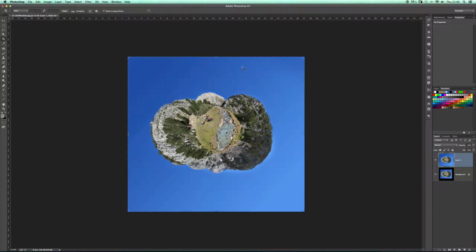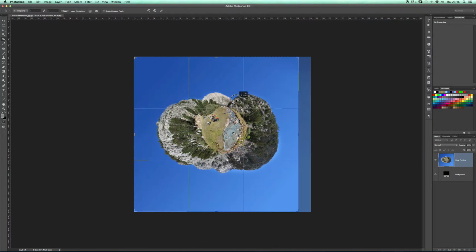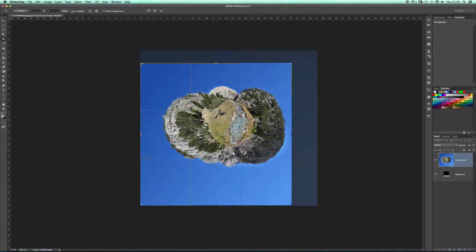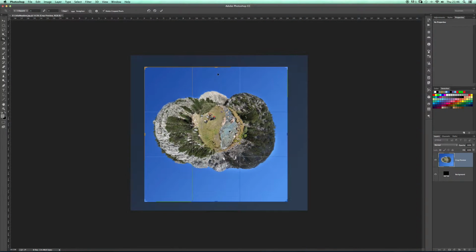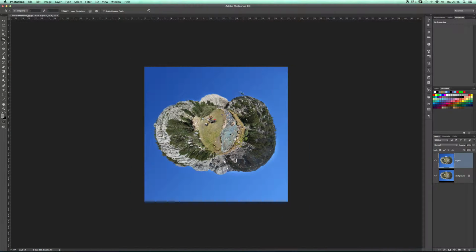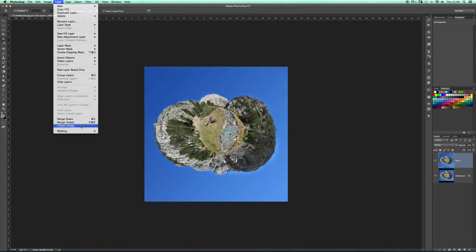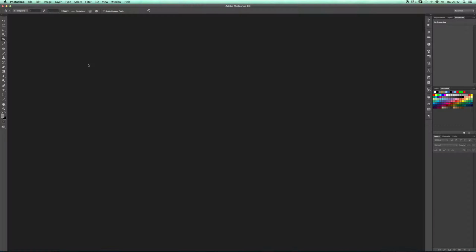crop tool. Right click, 1-to-1 square. So now we can get this a little bit more where it needs to be so it can fit in your picture frame. Get that where you want. Hit enter. Layer, flatten, Command S, it already saved it back over there in Lightroom. Command W, close the picture. Command Tab,